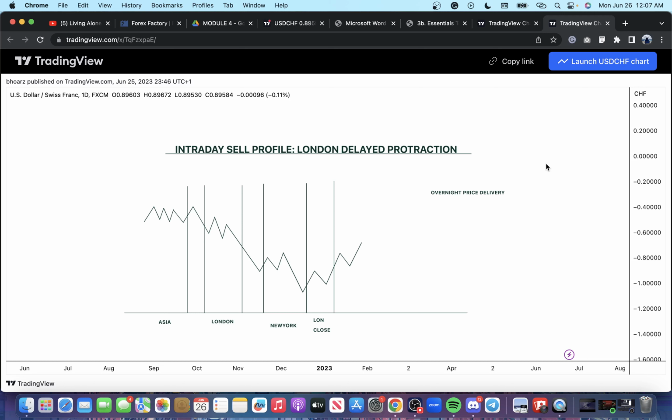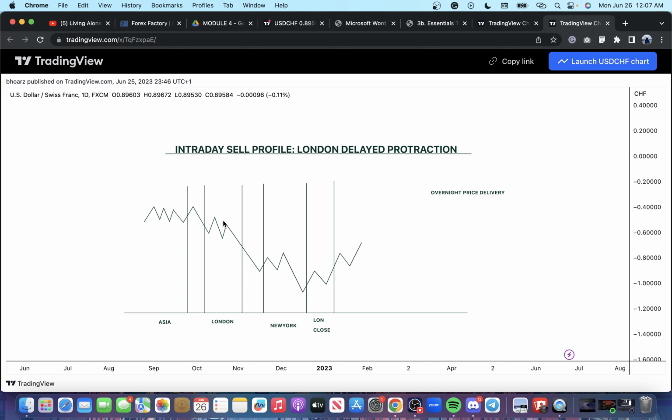There's going to be a standard deviation lower to cap up the low of the day, but the high of the day usually will form around sometime during the Asian session, and there's no real pronounced Judas swing from London. Instead, London is a retracement back into the range for Asian session that then continues the delivery cycle lower. Now, there are very special scenarios to expect this kind of profile, and those scenarios are when the previous day's